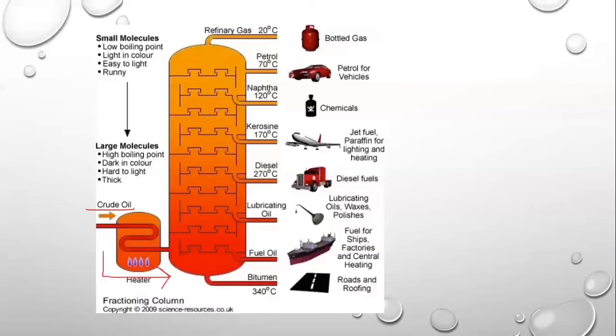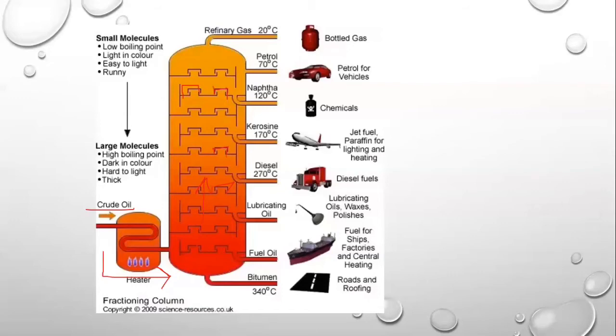When they enter into the column, there is a heat gradient, which means the highest temperature is at the bottom and the lowest temperature at the top. Now the vapors are going to rise. The vapors are rising, rising, and rising. As they rise, there are some plates that have been attached. These are the plates that you can see, plates and caps, you can say. They are basically for condensing the vapors.